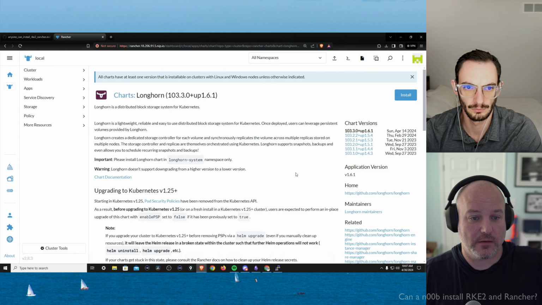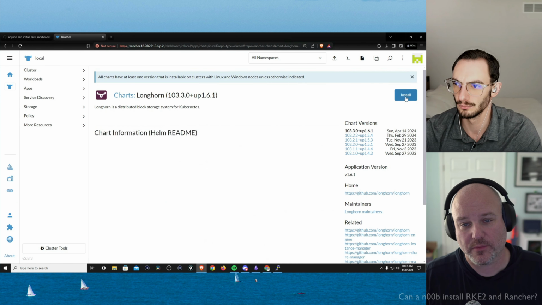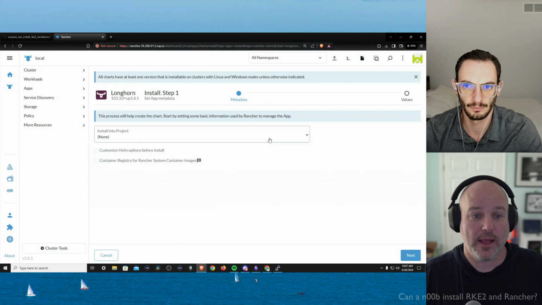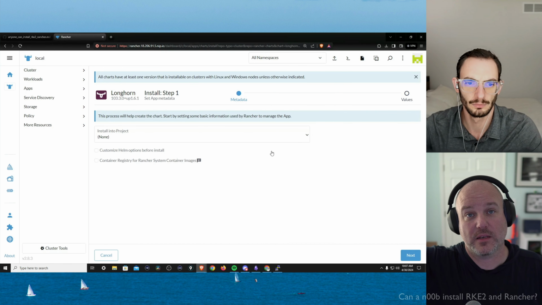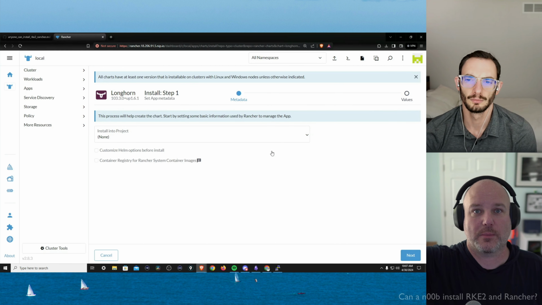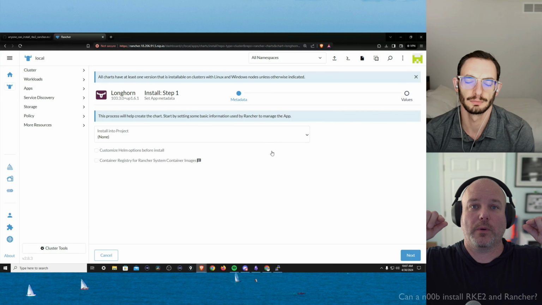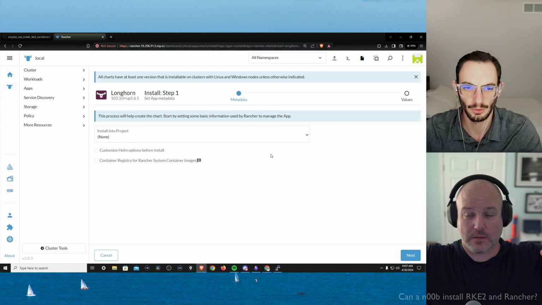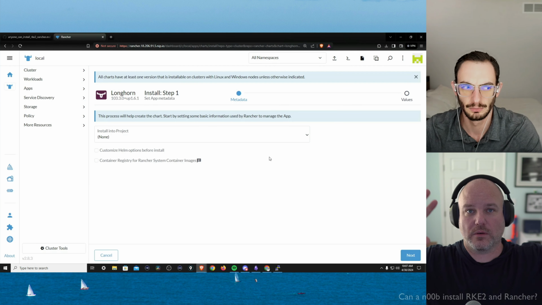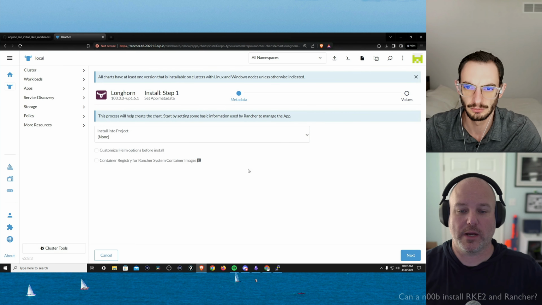And it says, great, upgrade to Kubernetes 125. Cool. Go ahead and hit install. So it's going to give you some information, what version. And one of the things I didn't tell you is Rancher provides another logical separation abstraction called projects. Remember how a namespace has pods? A project has namespaces. I know we're circles on circles on circles. All good. Don't need to worry about it right now. Just go ahead and hit next.